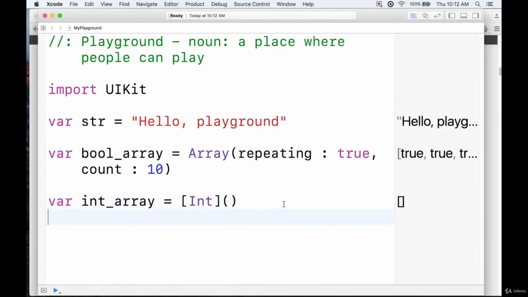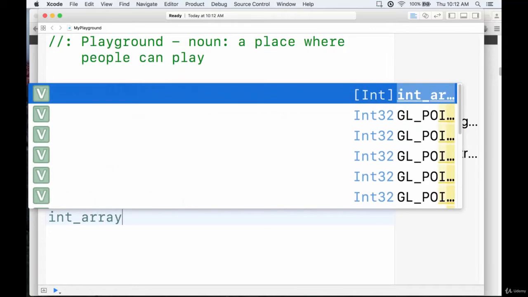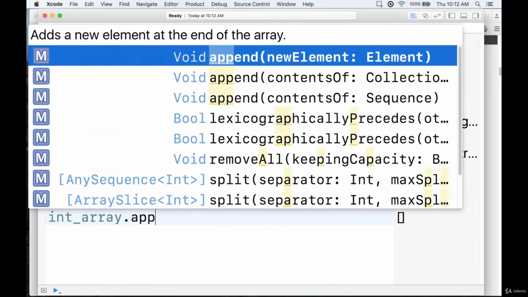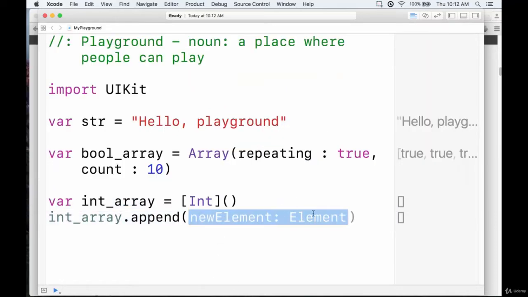Well, I think we can do this in one of two ways to add these elements. The first way is going to be by calling this append function. So if we have int array dot append, and as you can see it's the first one on our list here, so we're going to select that, and then it says new element and type element. So what we can do is we'll just add in an element, so let's say 3 that we want to add,